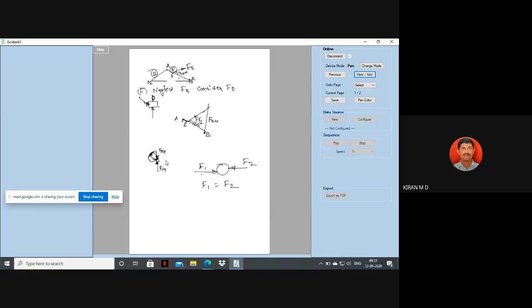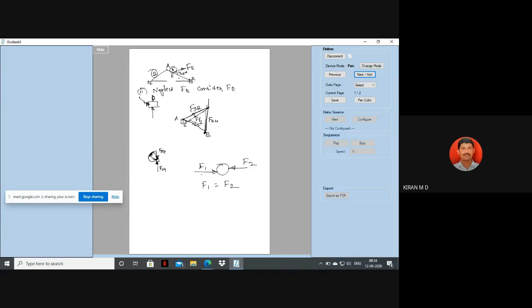Okay. Use this F34 direction here. Here you are going to start the line from B. You draw a vertical line. Once you draw the vertical line, you are going to get some intersection point, right? From the intersection point, you join the line to A. The same procedure we have used in the 4-bar mechanism also. So now this is the direction of F32.